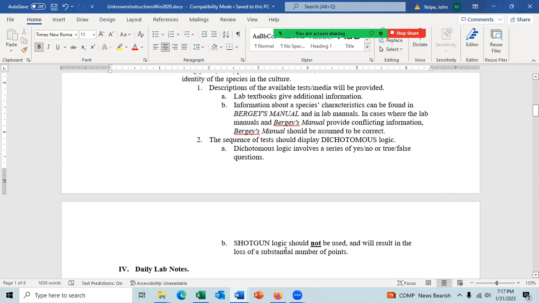If you use shotgun logic, I will warn you that you're not using dichotomous logic and the project should be using dichotomous logic. But if you want, please confirm and I will give you the test results that you're requesting. If you confirm it, I will give you the test results you request, but then you will be penalized because you're not using dichotomous logic.